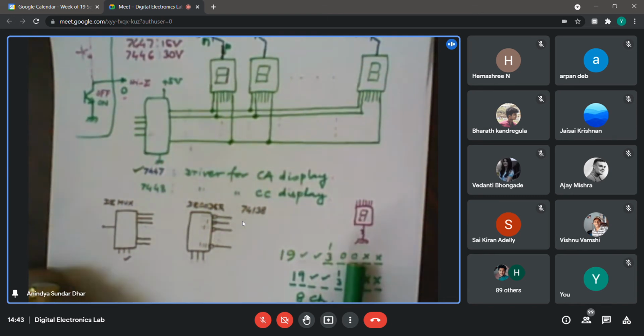So if there are 2 zeros, in between there will be a short blank, and if there are 3 zeros, there will be 2 blanks. So we can identify whether we are displaying 2 zeros or 3 zeros or just a single zero. So how to do that? We mentioned it last time, with your roll number generation.